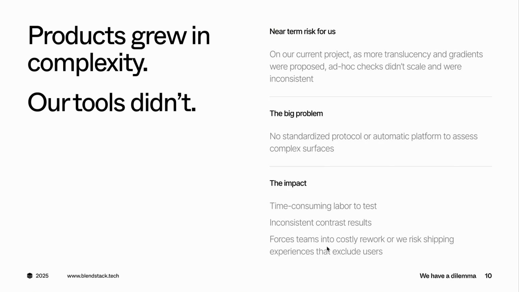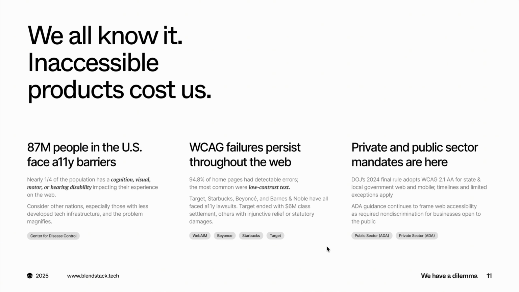Now, at the end of it all, we were able to get something that was precise and as rigorous and as excellent as we needed it to be. But I could only imagine if this were another team who maybe didn't have the capacity or the space to do that type of work. Might that yield costly rework for their engineers, or would they just risk it and ship a product that excludes users? And if you're unfamiliar with the cost of shipping an accessible product, well, just know that there are tens